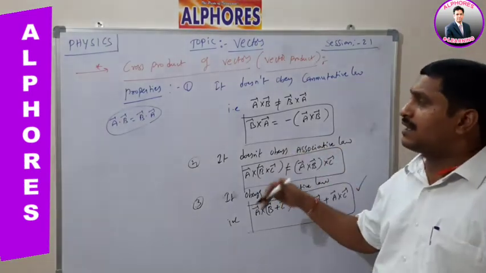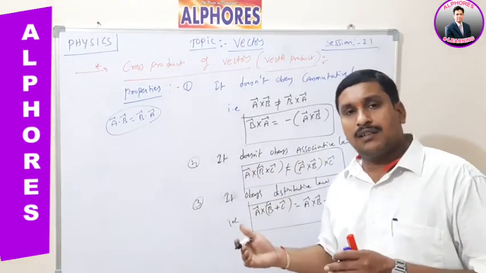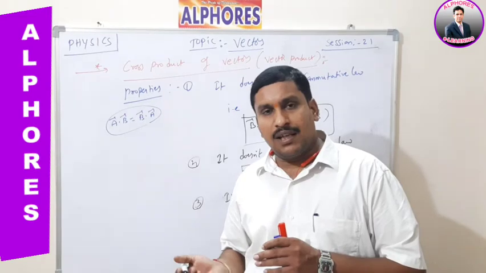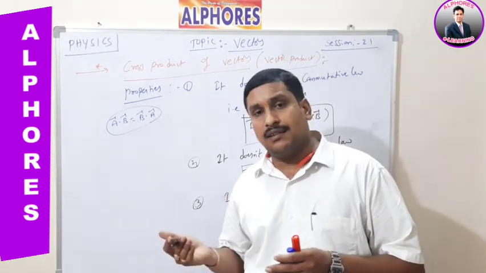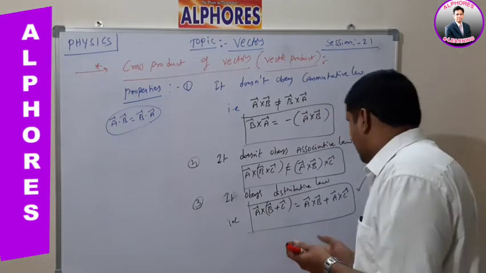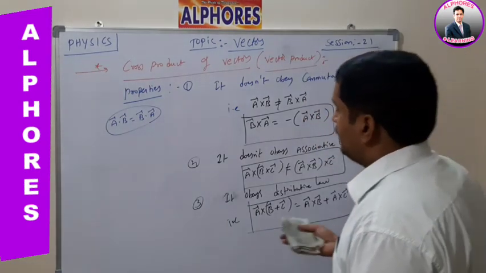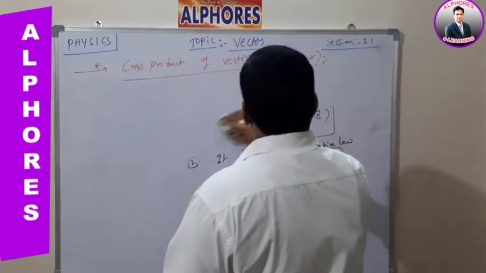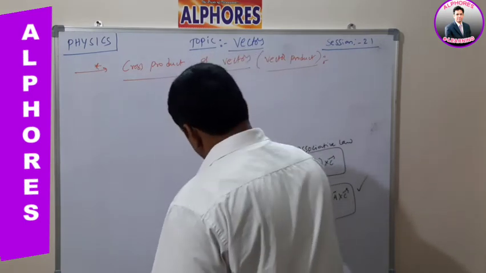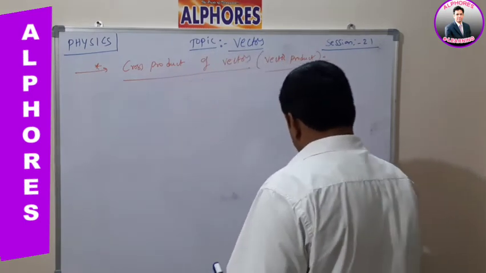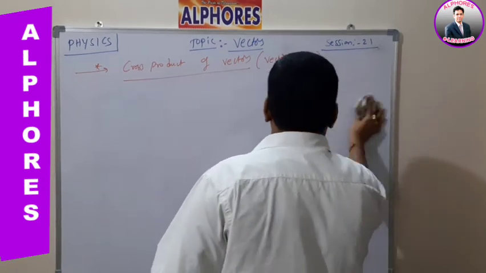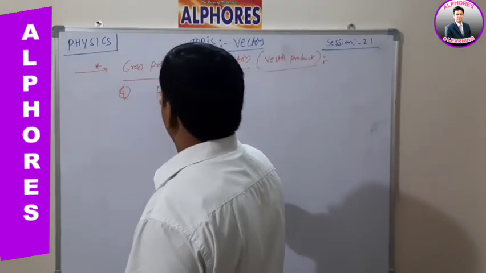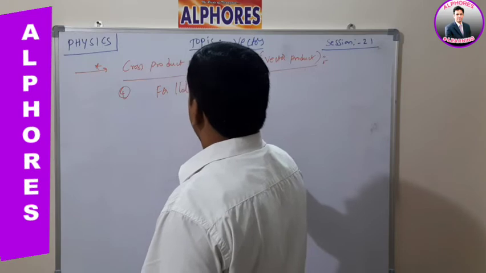Next I have to discuss the remaining properties of the cross product. How does the cross product of two vectors change when the two vectors are parallel, what about the result for anti-parallel vectors, and what about the result for orthogonal vectors, like that. Now listen carefully. For parallel vectors, what happens to the cross product? Please tell me. Yeah, the fourth property, for parallel vectors.